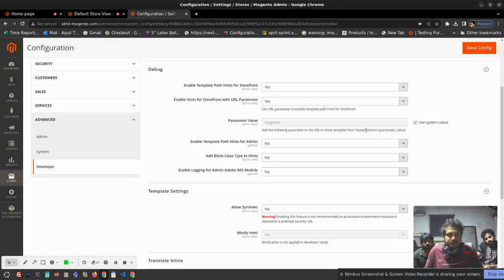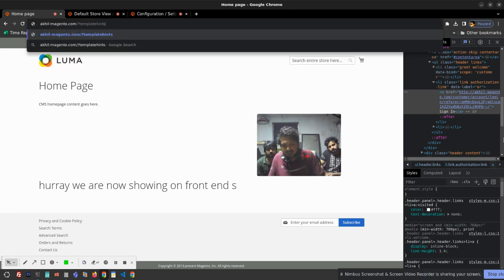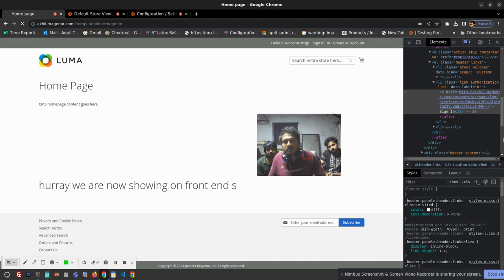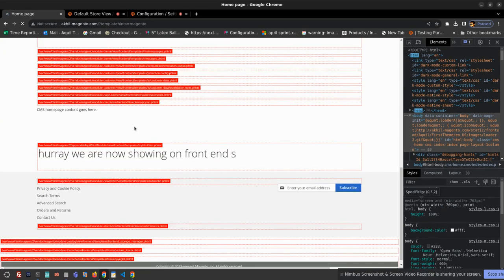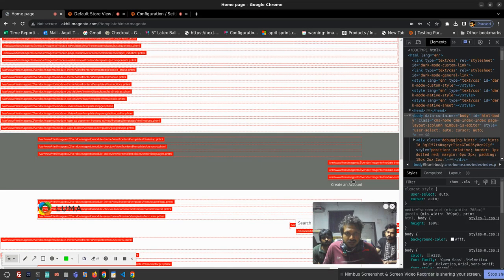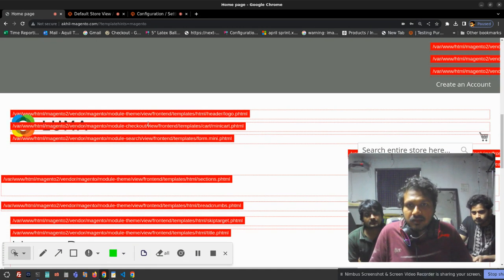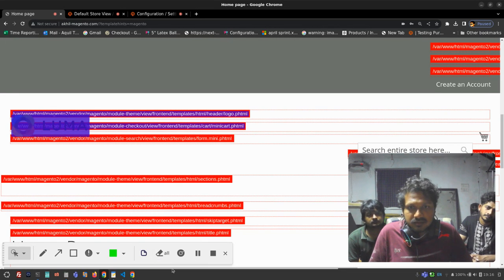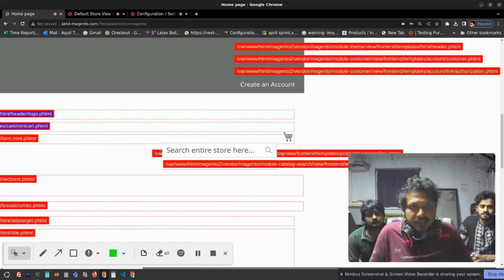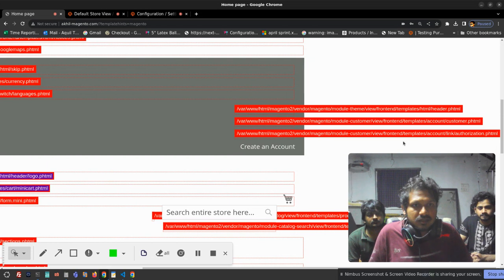Let's do that. So on the front end, I'm going to pass the parameter template hints equal to Magento. When I hit enter, I get a full list of files from which file which content is being rendered. I'm gonna close this. Let's zoom a little bit in, and a little towards the right. Create account is coming from the module customer authorization.phtml file,